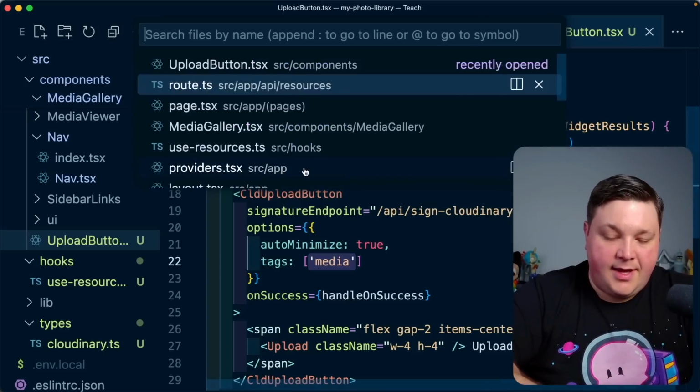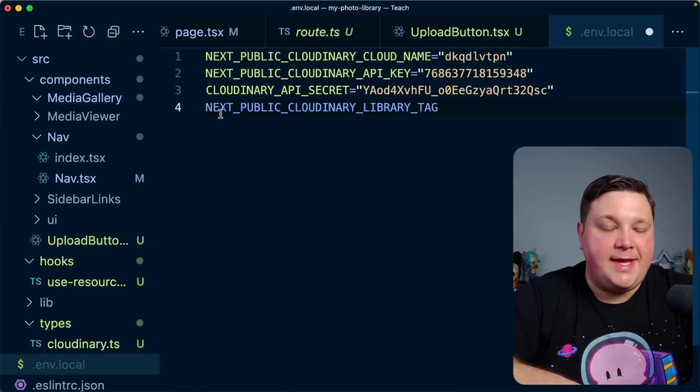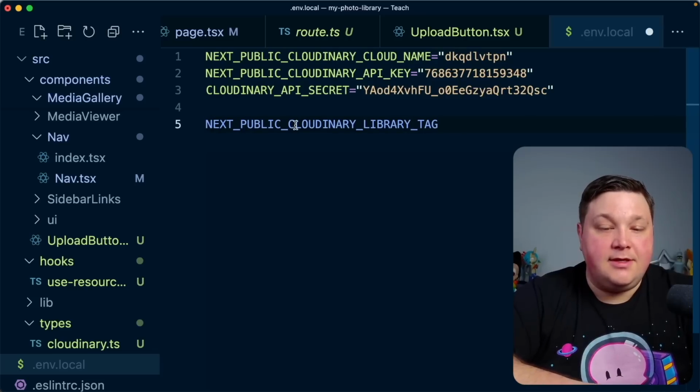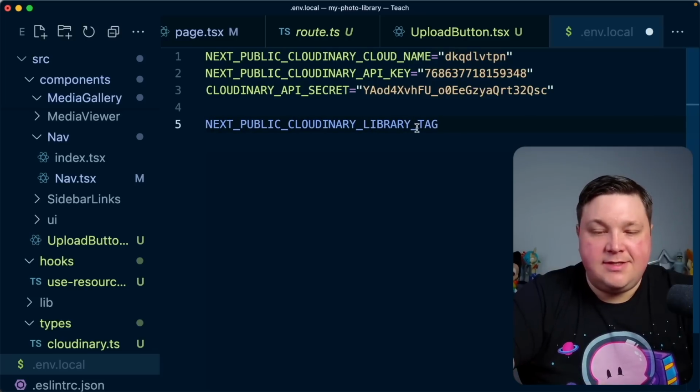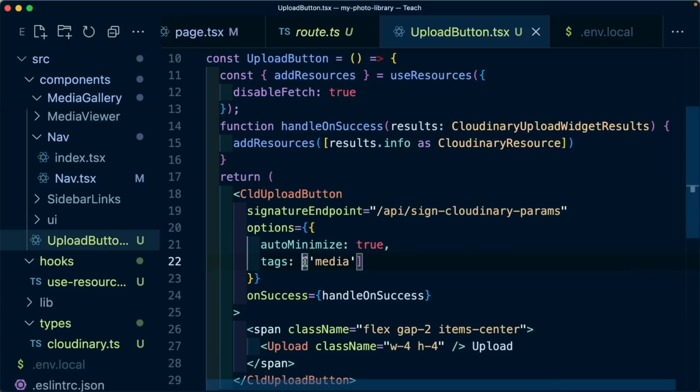So inside of my .env.local file, I'm going to create a new environment variable, and we're just going to paste that in of NEXT_PUBLIC_CLOUDINARY_LIBRARY_TAG. And that's just supposed to be a generically meaning phrase in order to describe the actual tag that I'm using. So I'm going to set that as media,